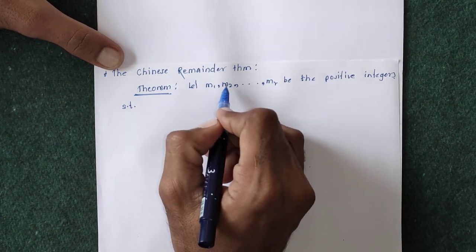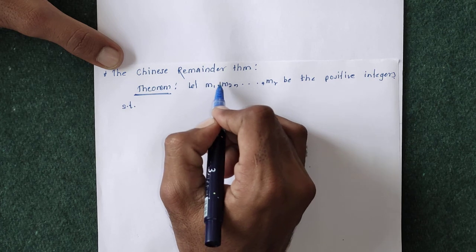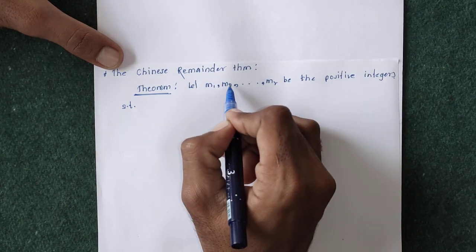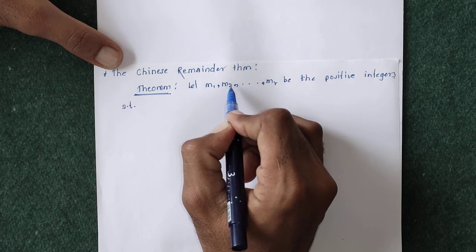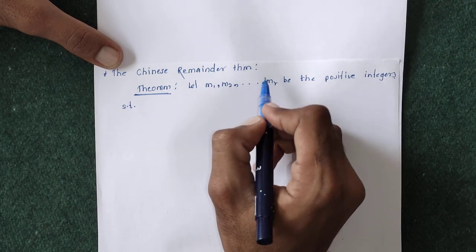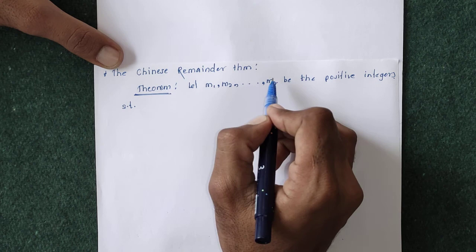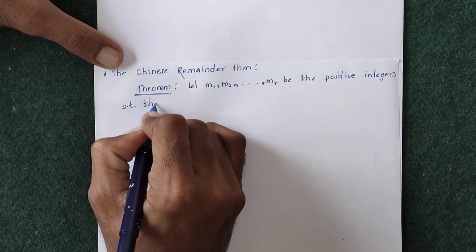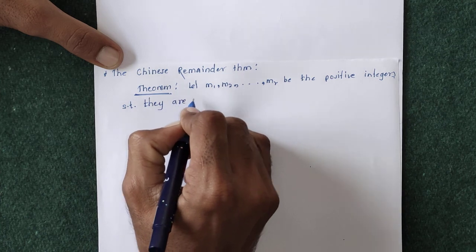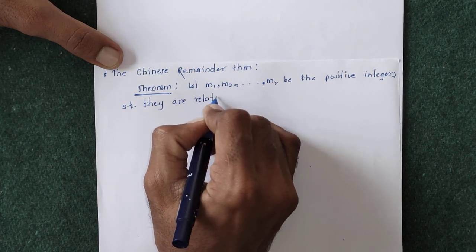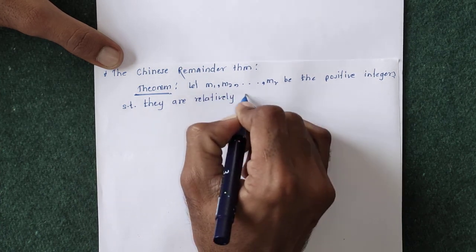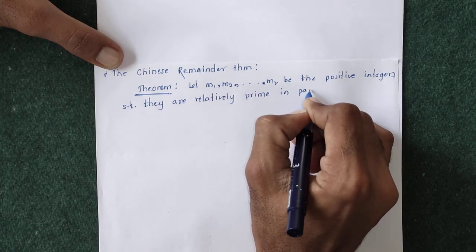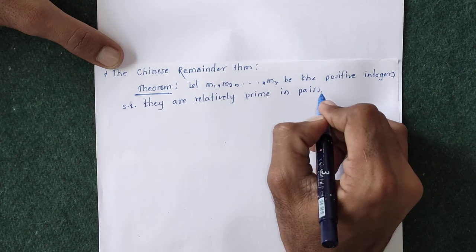That is, if we make the pair m1, m2, then their GCD is 1. If we make the pair m1, m3, again the GCD is 1. If we make the pairs m2 m3, m2 m4, up to m2 mr, then m3 mr, all the pairs are relatively prime. So they are relatively prime in pairs, and